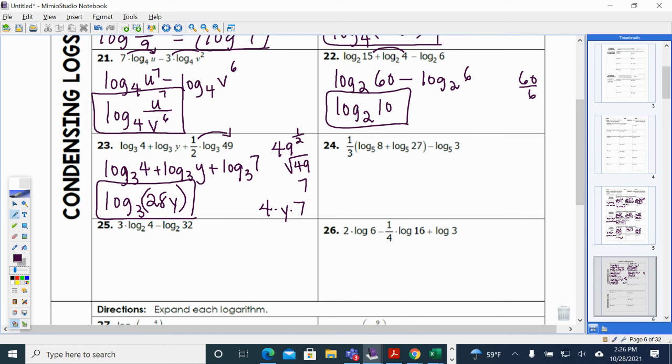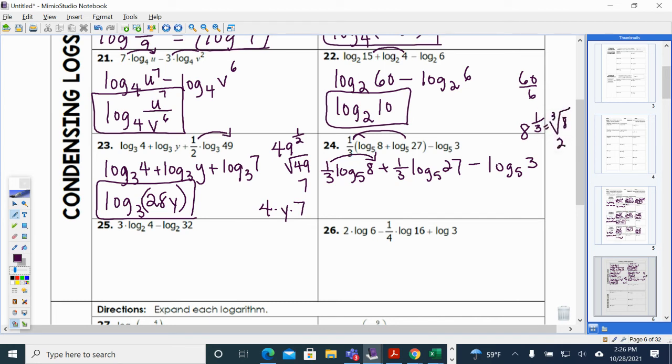So if we distribute this 1/3 to both of these logs, technically what's happening is you have 1/3 times log base 5 of 8 plus 1/3 times log base 5 of 27 minus log base 5 of 3. Now that 1/3 that's in front needs to change to the exponent. So ask yourself, what is 8 to the 1/3 power? Well, that means the cube root of 8,